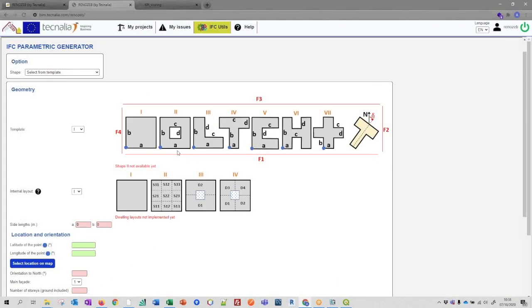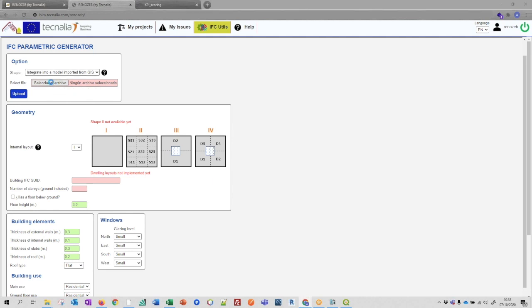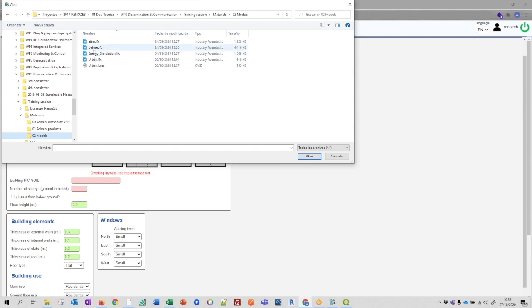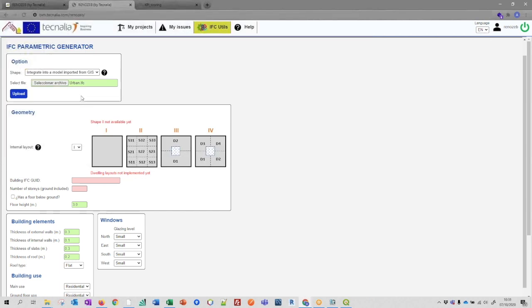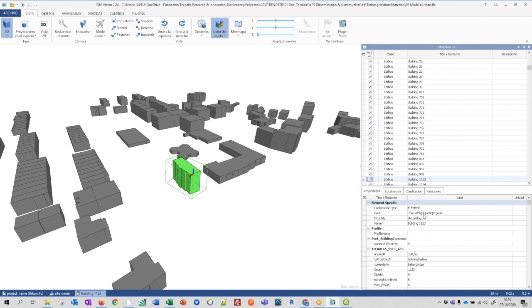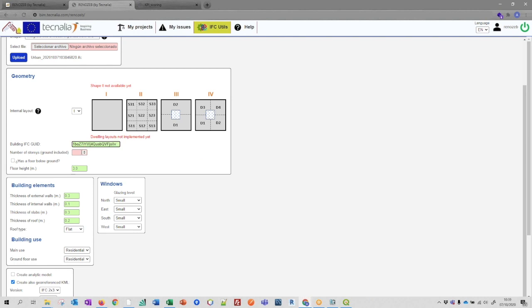What we can do here is integrate with an urban model. We select here. Okay, this is the urban model that I want to integrate. Well, the shape is not necessary because it is automatically detected from the model, and I have to click here on the building identifier. This one. I don't know, 3 stories, I think. 3, and I think it's